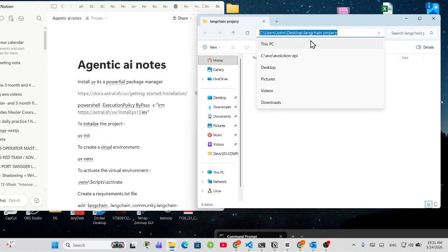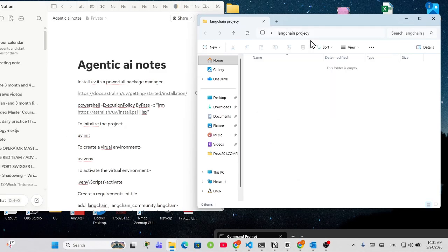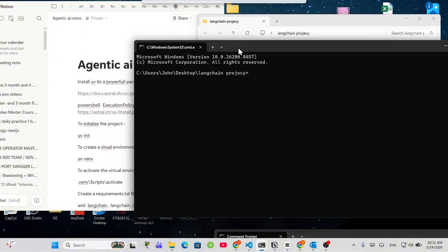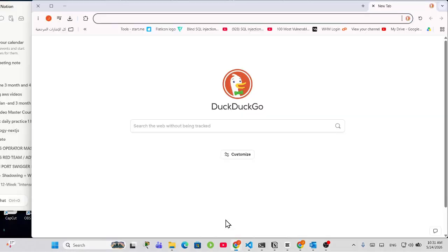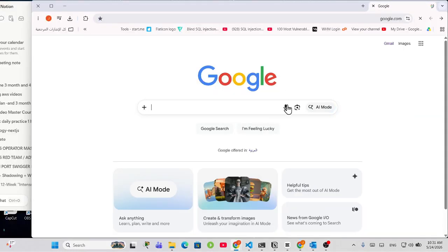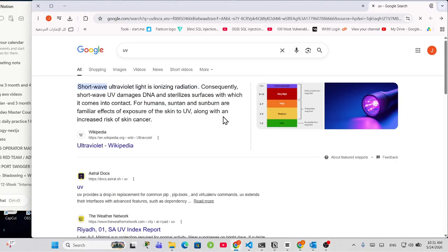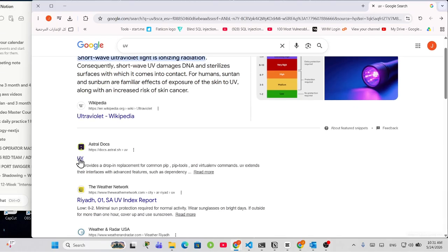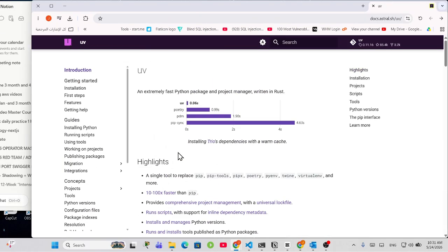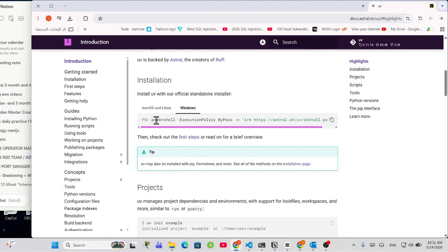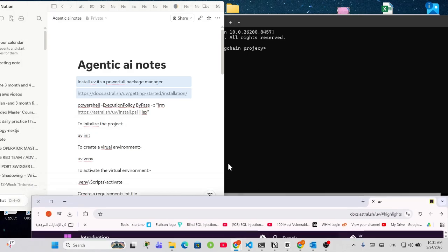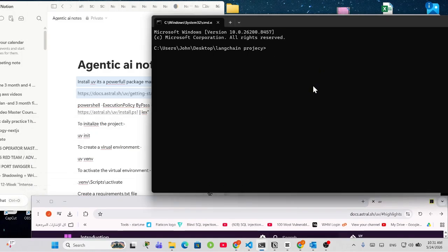From the start. I created a folder and I'm going to open CMD here, and we can install UV. To install UV you can use the UV package manager. You can go ahead and do it from here. Choose the one for your system; if you're using Windows, you can just copy this one and paste it here. Okay, but in our case,